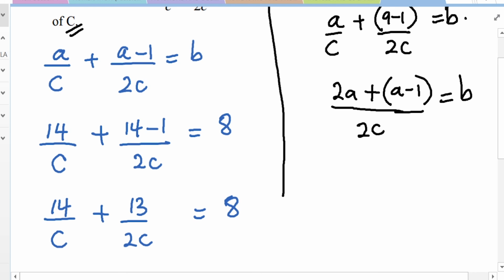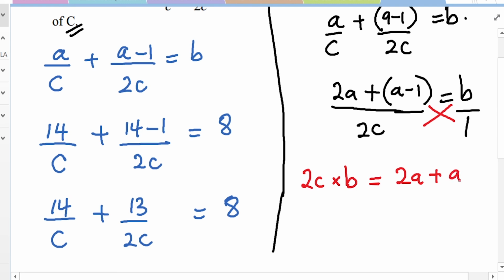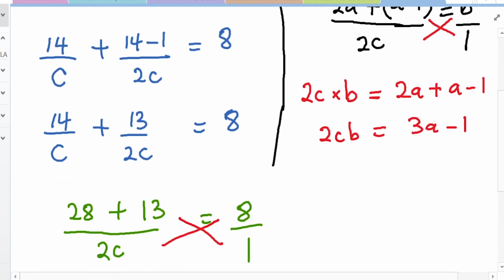Then from there again, we cross multiply, and this is going to turn out into being 2A over 1. So when we cross multiply like that, this becomes 2C times B, giving us 2A plus the A minus the 1. So that's going to become 3A minus 1 is giving us 2CB. Since we are interested in just finding the value of C, we divide both sides